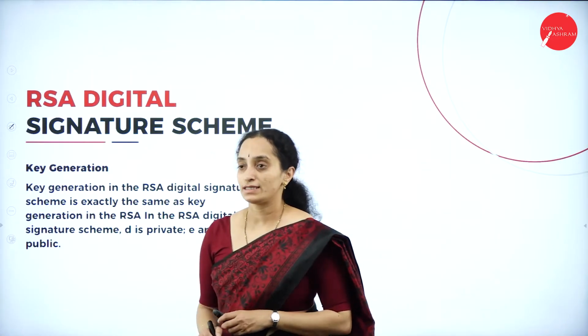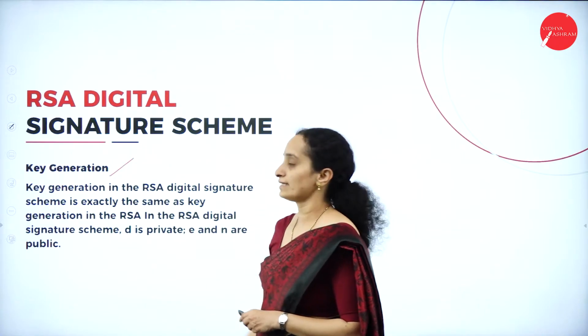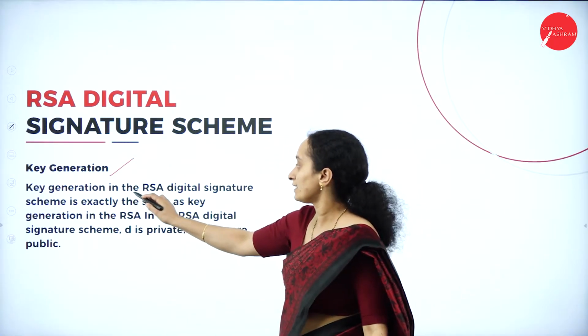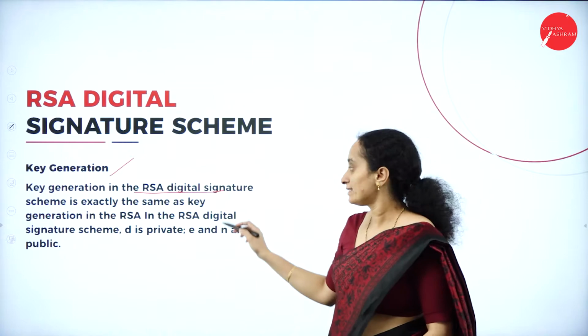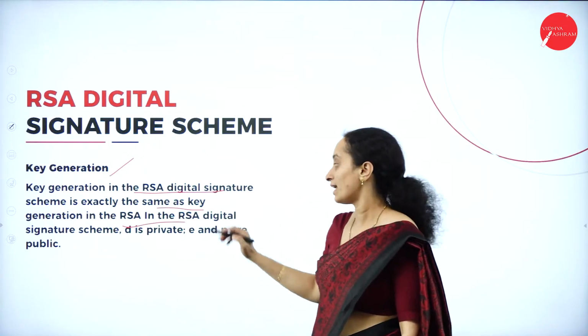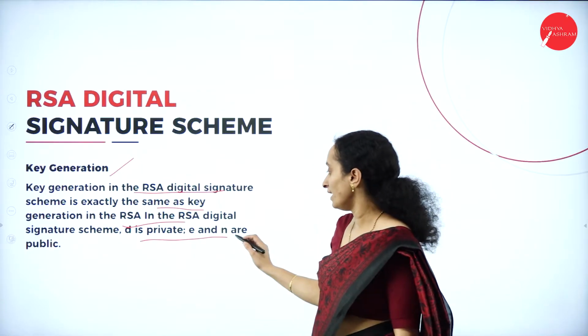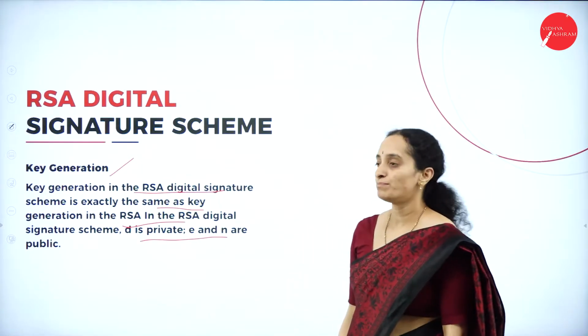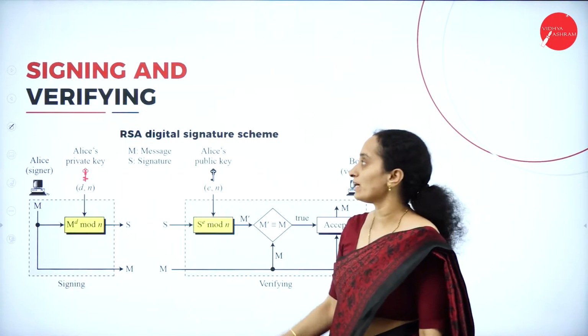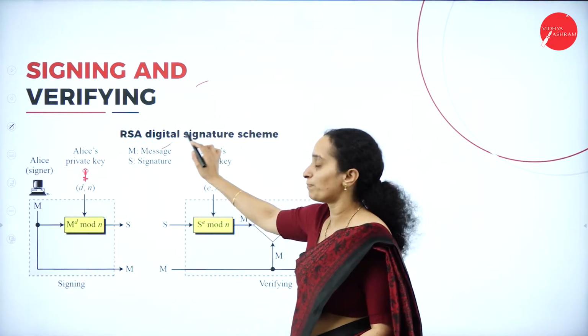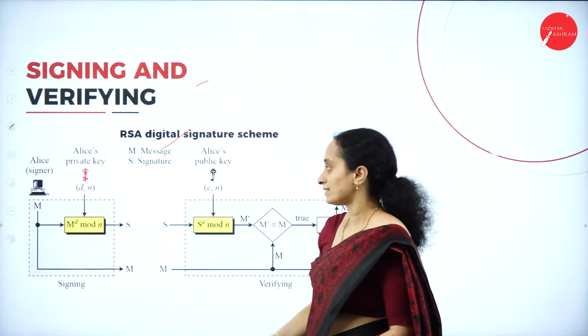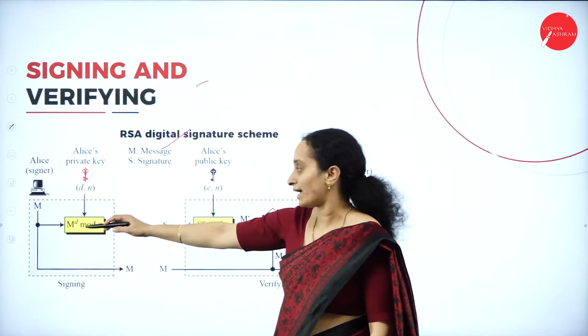When you come to key generation in the RSA Digital Signature scheme, the key generation is exactly the same as the key generation in RSA, but here D is the private key, and E and N are the public keys we use. When you check the signing and verifying operation in the RSA signature scheme, we have the signer,